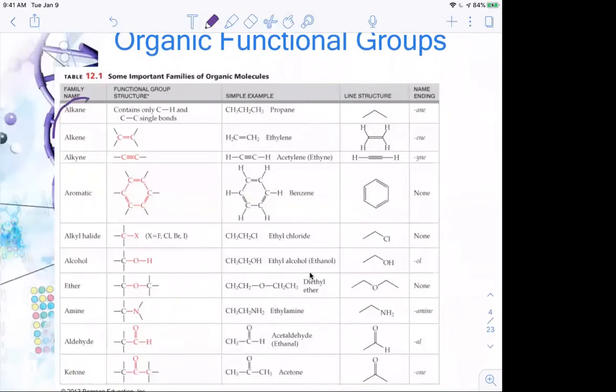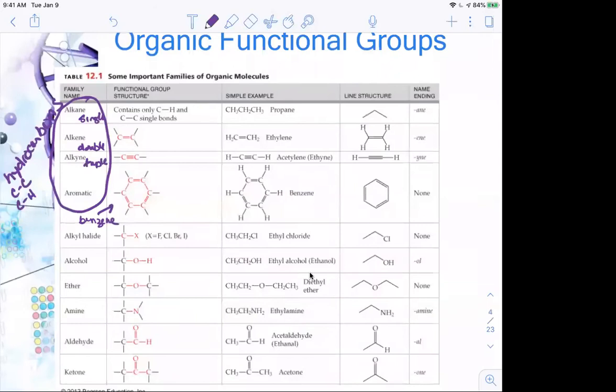So these groups, these are all hydrocarbons. So they mainly have carbon-carbon bonds and carbon-hydrogen bonds. Here I have single bonds. Here I have double bonds. Here I have triple bonds. And then this is a benzene-like structure,